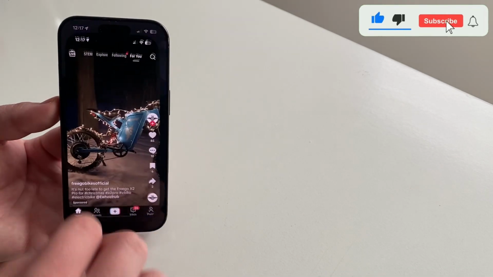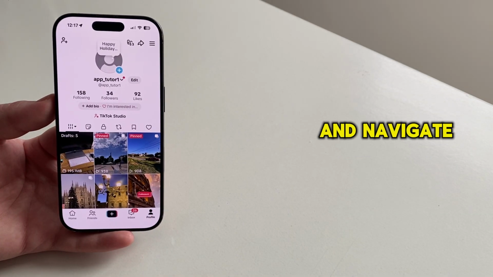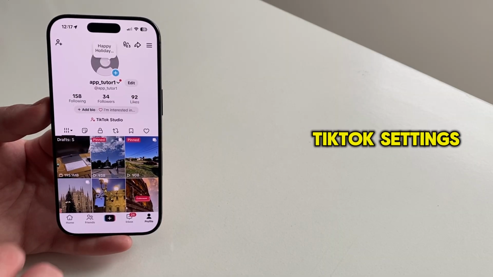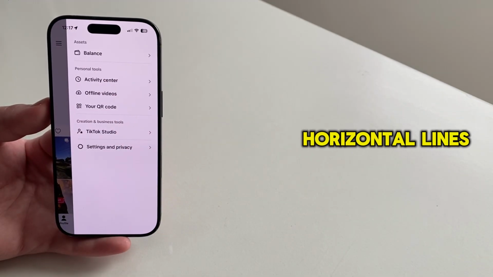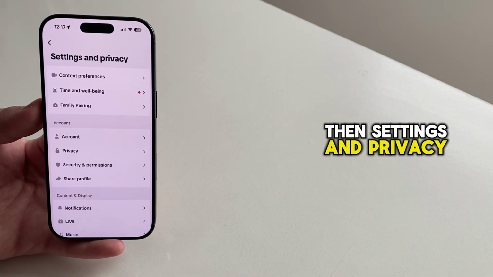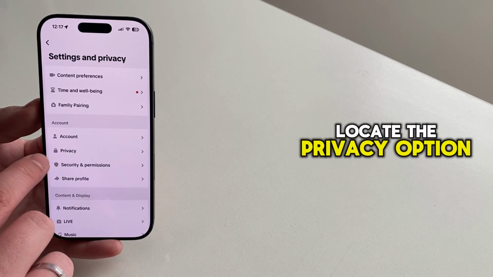The first step is to open the TikTok application on our iPhone or our Android device and navigate to your profile page. From here, our job is to access the TikTok settings. So tap the three horizontal lines at the top right corner of the screen. Then, Settings and Privacy. When we get to our main settings page, we'll scroll down and locate the Privacy option